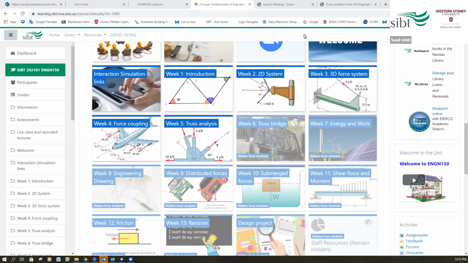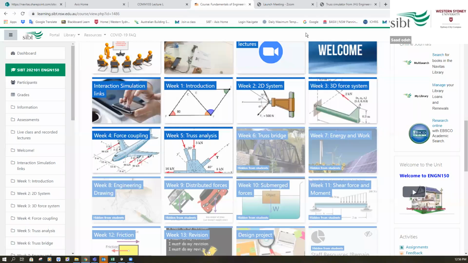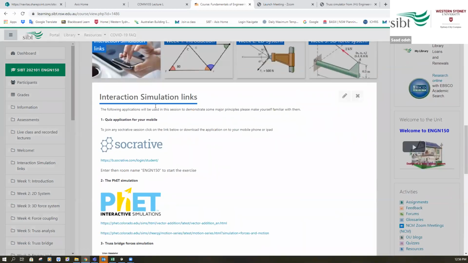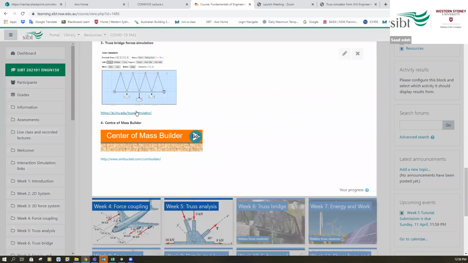Hi, in this video, I will show you how to use the Truss Bridge Simulator. So what you need to do is to go to the interaction simulation link in this tile. You just click on this one, and then you scroll down to the Truss Bridge Force simulation. You click on this link, and then it takes you to